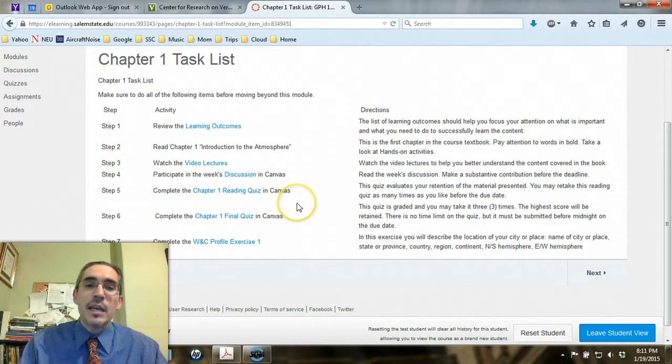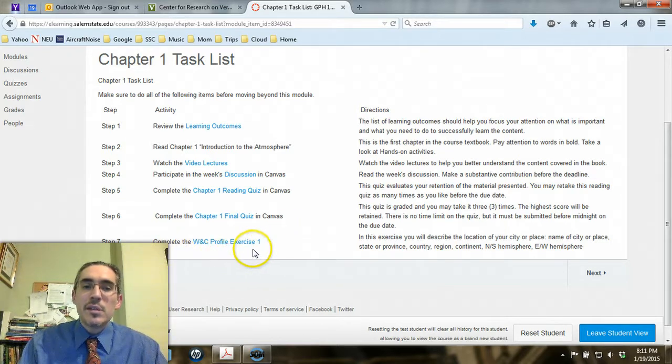Then at the end of the week, or the end of the week after we've covered that material, there'll be a final quiz, and that'll cover a lot of material that we've covered. It's not a lot, it's actually typically shorter than the reading quizzes. It covers the chapter, skills that we've practiced, and things that you've covered. Those you can take up to 3 times, and the highest score will be retained. Although when there are open-ended answers, those I'll only score once because it takes me time to do that.